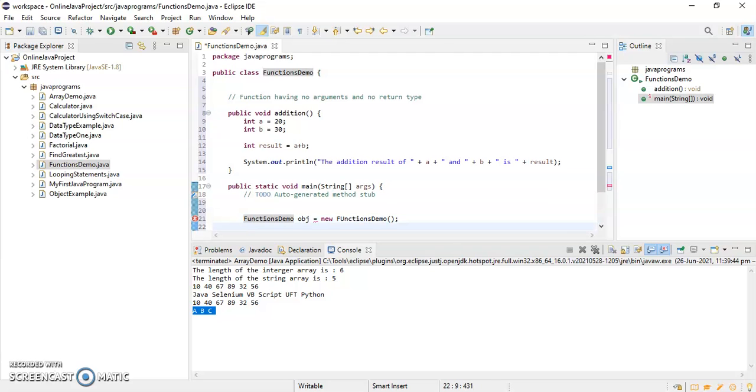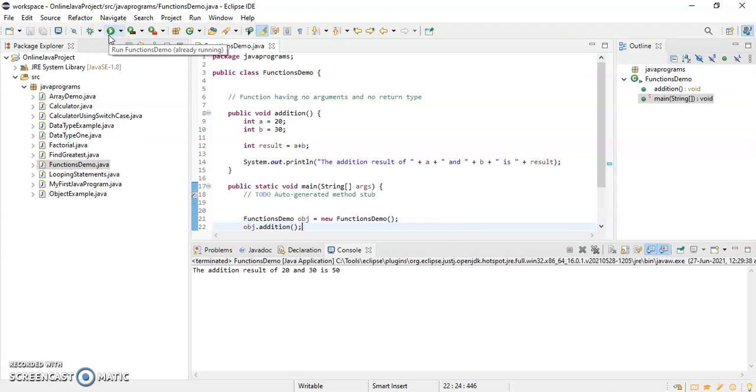Okay, so now I'll use this reference variable to call that addition method. Okay, so now if I run this, it will give me the result. The addition result of 20 and 30 is 50.